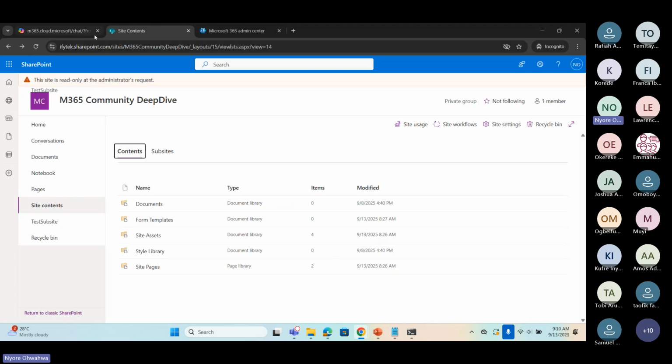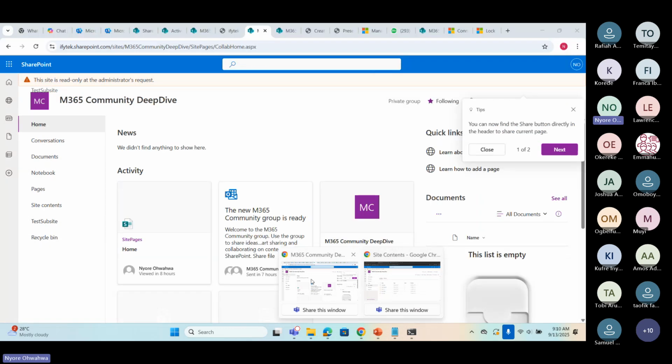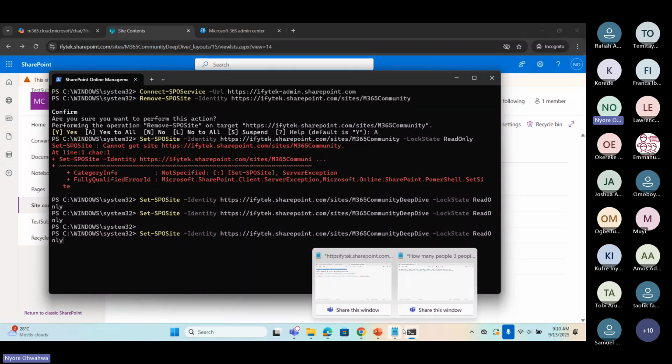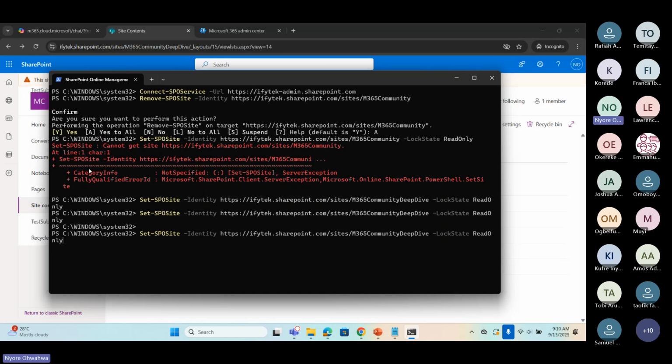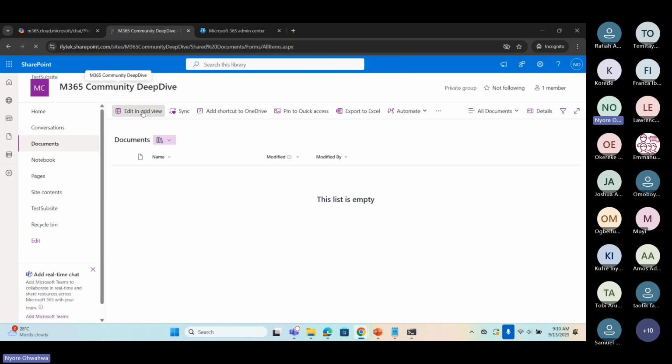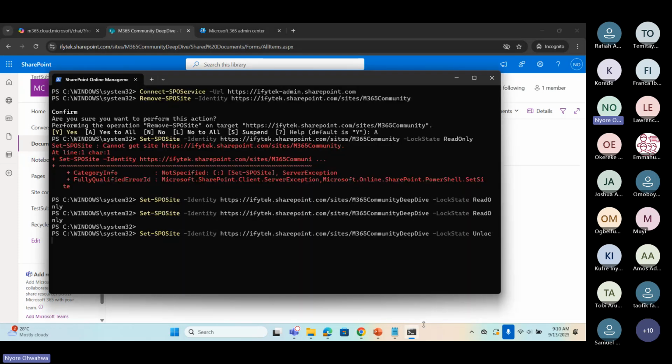I'm just going to use the same PowerShell to unlock the site. Before I do that, just to confirm, the site is in read only. The new button has disappeared. We cannot create anything again. So I'm just going to say unlock.